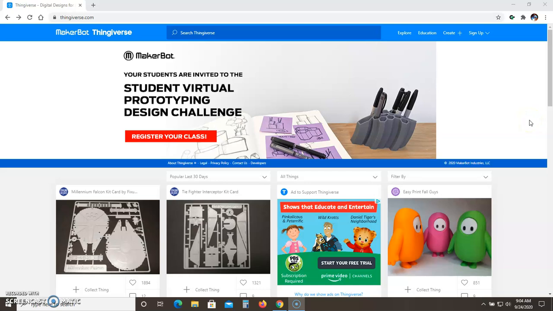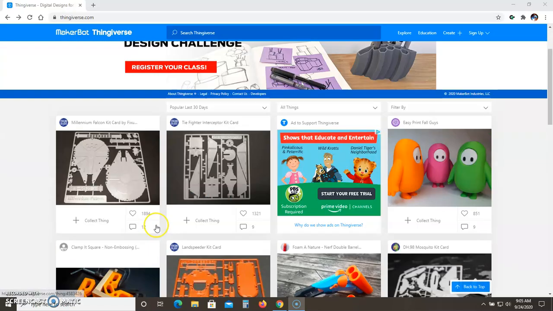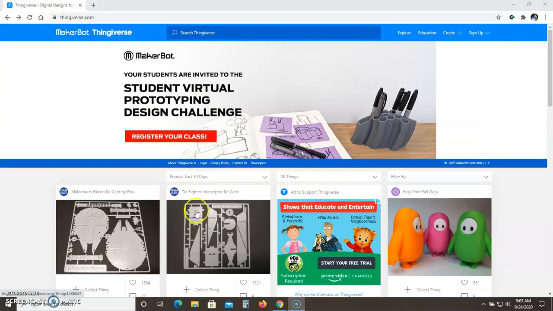Alright, the best way to get started 3D printing is probably Thingiverse.com. It's Thingiverse, like universe, but this is the universe of things, so it's Thingiverse.com. And as you can see, there's a whole bunch of stuff on here. This is just the most recently updated